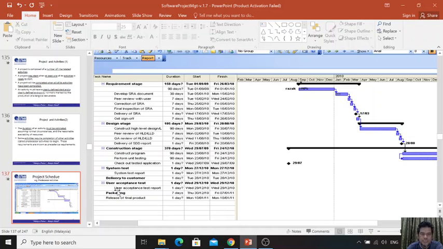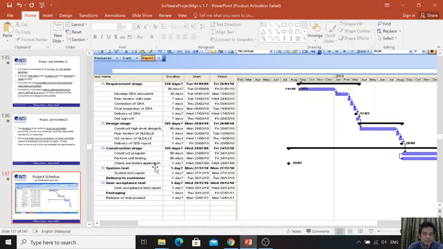So this is the process. So process requirement analysis, and then you follow step by step. Then after you complete the requirement stage, you go to the design stage. So this requires discipline. This is called software engineering. Yeah, engineering means a systematic process. You follow the steps one by one,